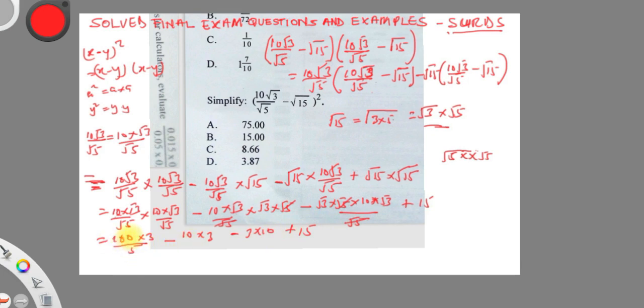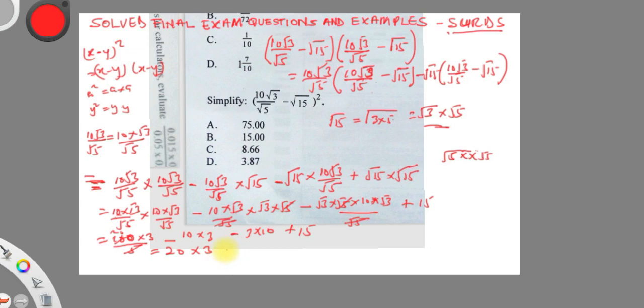So here, what do we have? This is 100. Yes. So 5 divided into 100 goes how many times? 20. So this will cancel the 20. Okay. So this is equal to what? 20 times 3